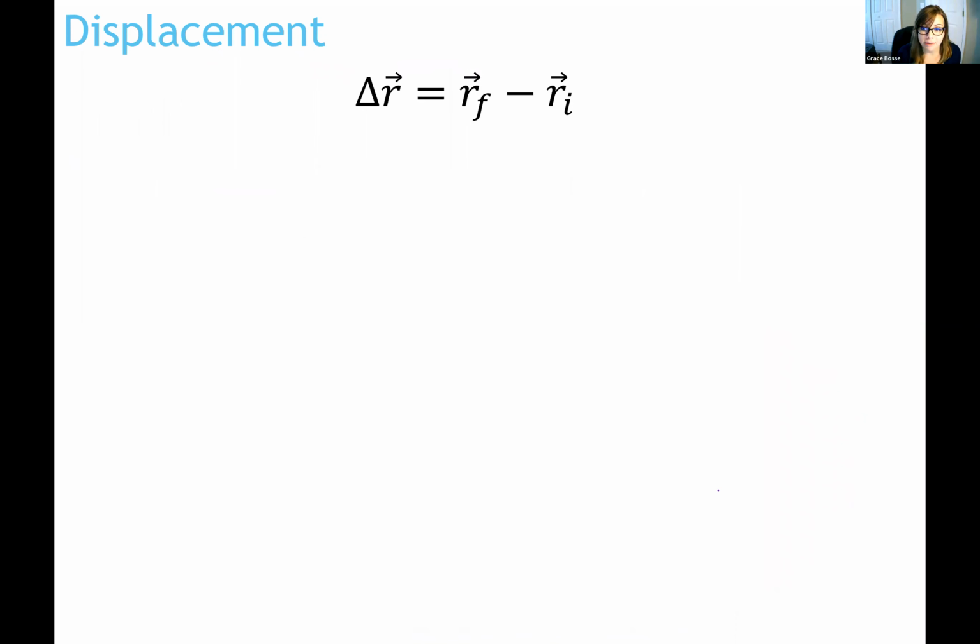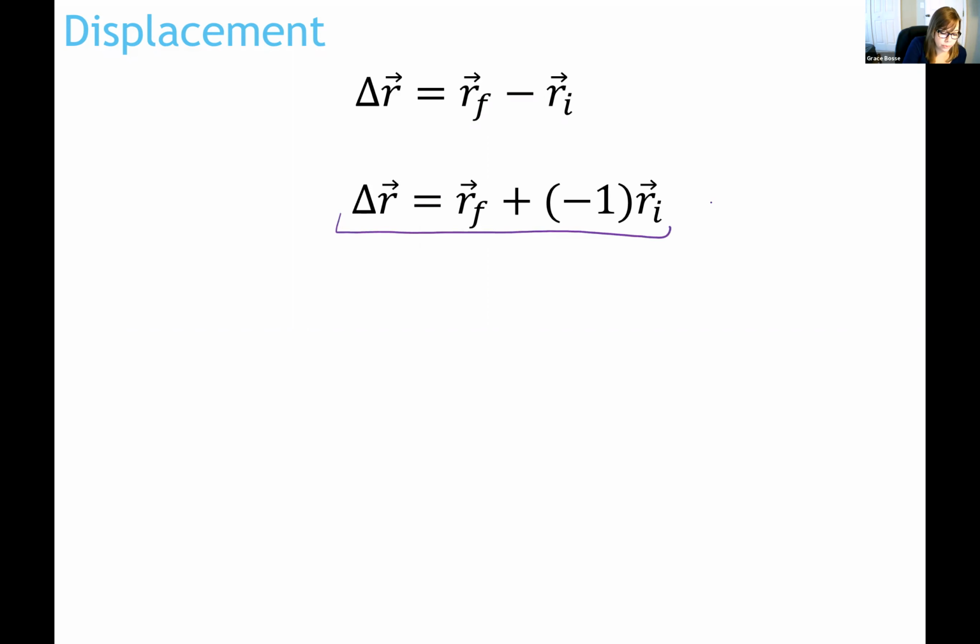So again, there's the equation. You should write this down, have this in your notes, that displacement delta R is R final minus R initial. That's what those little subscripts mean, final and initial. You could rewrite that equation as R final plus negative R initial. And so if you do this, now you can use vector addition, the steps of graphical vector addition, to draw this arrow. So to remind you about the steps of vector addition,